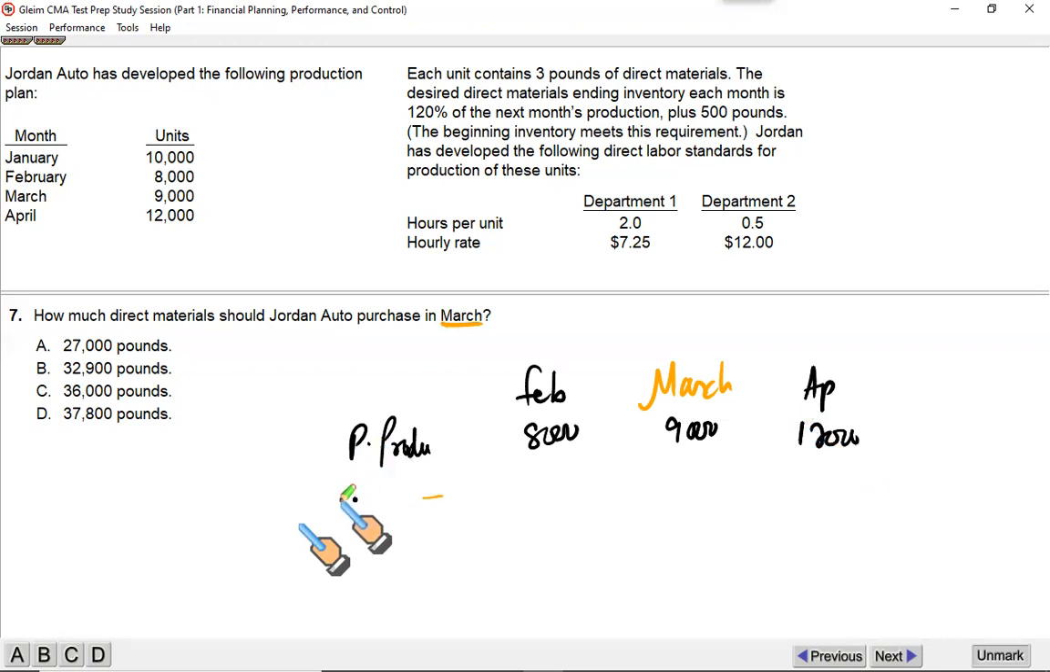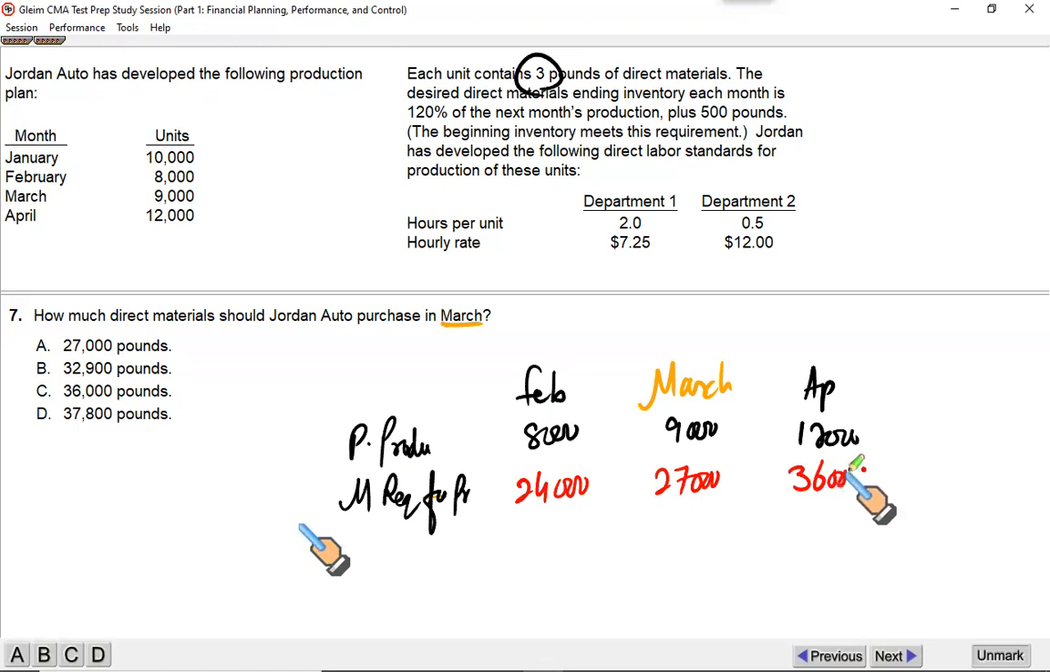The next step, material required for production. Since each unit of finished product takes 3 pounds of raw material, that means you need 8,000 times 3. You need 24,000 pounds in Feb, 9,000 times 3, 27,000 pounds in March, and 12,000 times 3, you need 36,000 pounds in April. This is what you call the material required for production. Do not jump and click A. It will be wrong. This is not your answer. Why? Because this is the material required for production, not what we need to purchase, right? So moving on,